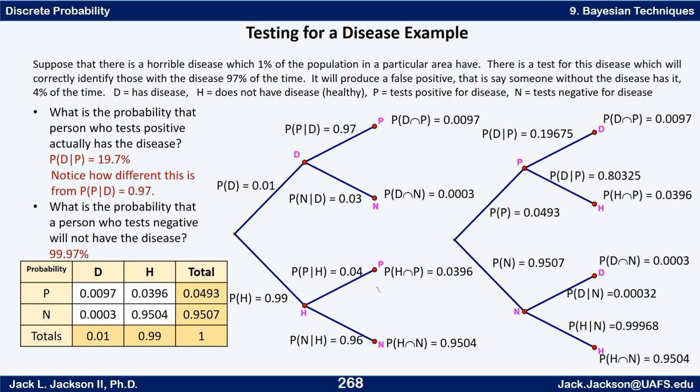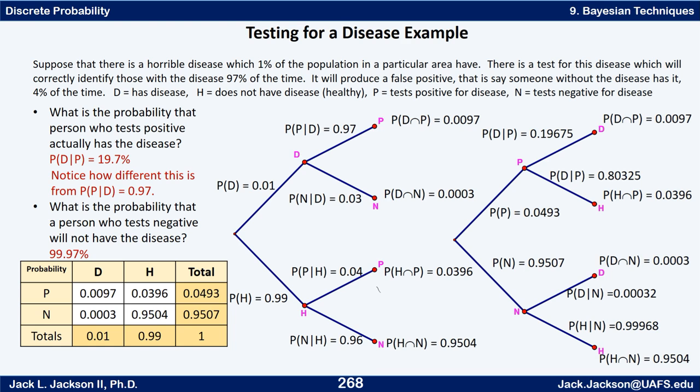Do they automatically assume that they have the disease? Well, not necessarily. There's actually a less than 20% chance that they actually have the disease under these circumstances. Okay, so certainly it's something they should be concerned about and something they should follow up on, do more testing, watch for symptoms and so forth to see if they've got some other corroborating evidence that